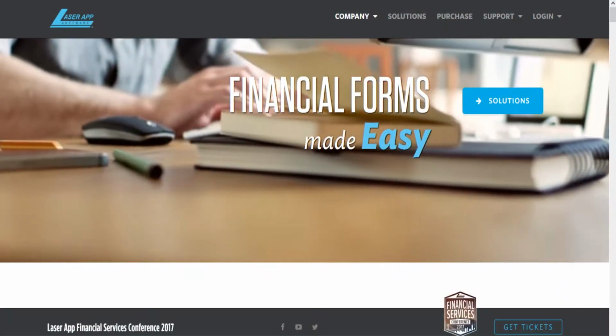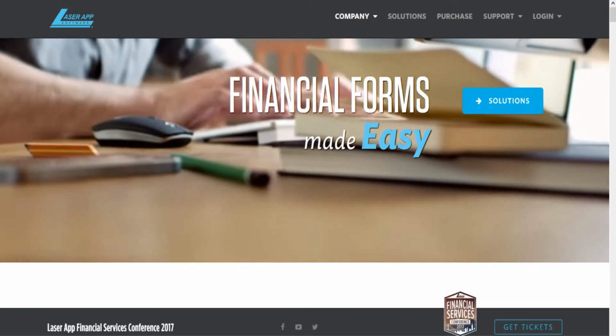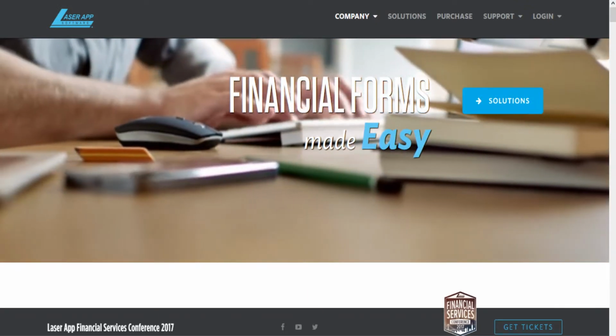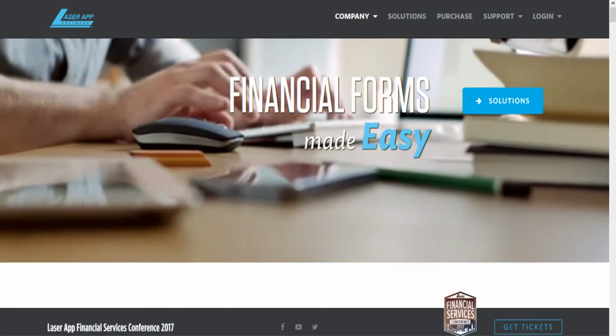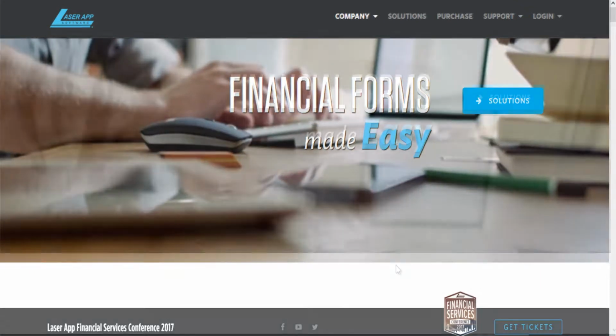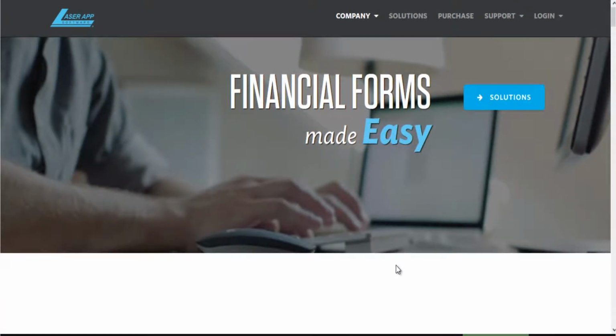Once a LaserApp Enterprise account has been established, you will receive an email that will include a link of where to download the software as well as your activation code. To install LaserApp Enterprise 11 onto your computer, simply come to our homepage, laserapp.com,